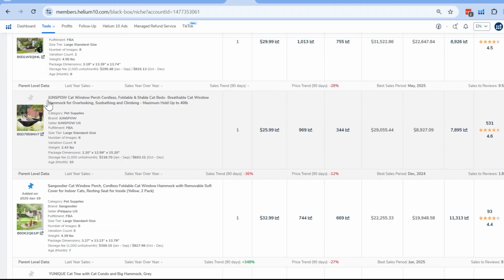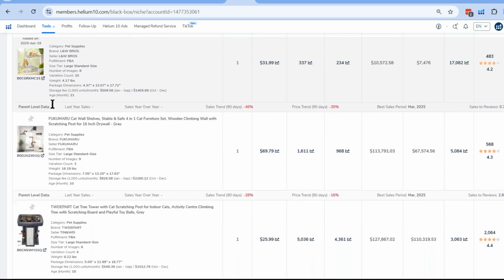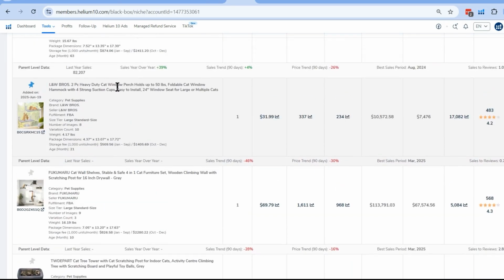Another product here is a cat window perch with a wooden frame, foldable cat hammock, and breathable sandwich mesh cover. The unique selling point here is the breathable mesh for comfort and foldable design for easy storage. And lastly, another product that we have seen is the 2-piece heavy-duty cat window perch, holds up to 50 pounds, foldable cat window hammock. So the unique selling point here is targeting the heavy-duty weight capacity, appeals to a wider